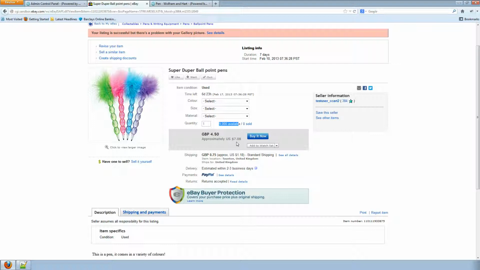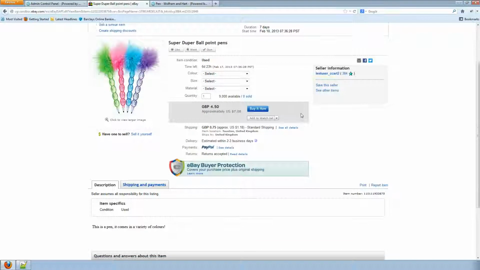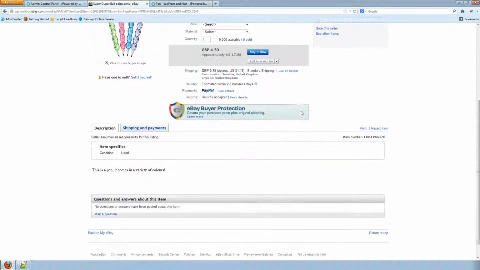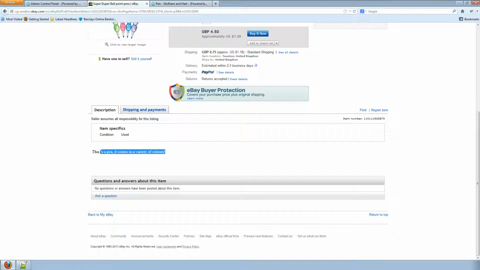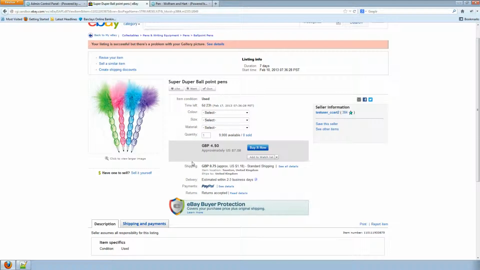There are only 250 of each specific variation available, but we'll be looking at enhancing that in CubeCart 5.2 when I believe stock amounts for variations is going to be made available. This is something we'll look at in the future, but at the moment this is how it works. So we can see we have the variations, and we can see it's a pen and it comes in a variety of colors. If we adjust the options here, we can see the price is also modified, and this matches with any price adjustments that you make at the